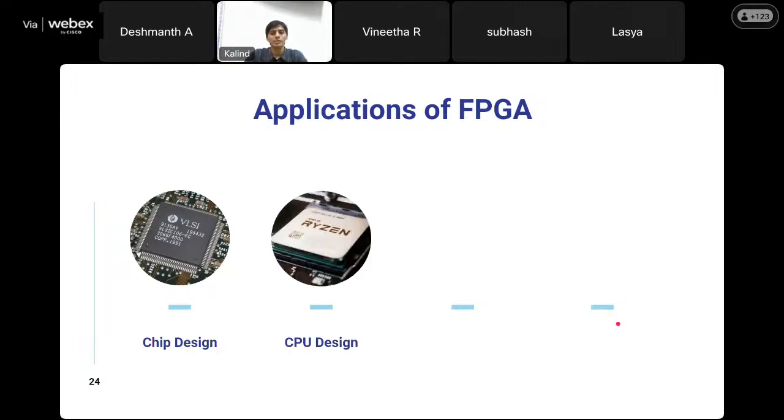The other is you can actually implement a CPU as well. Just to give you a hint, we are going to attempt